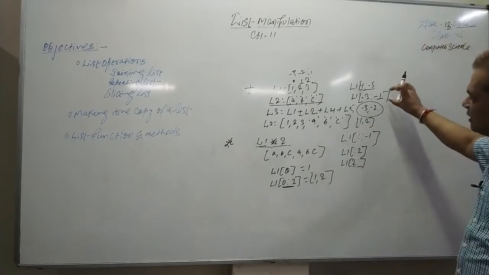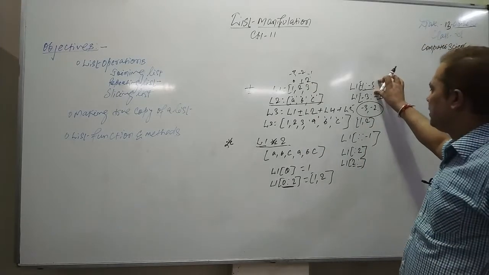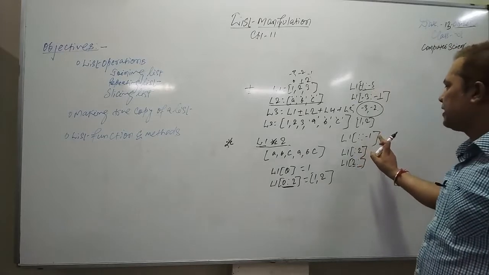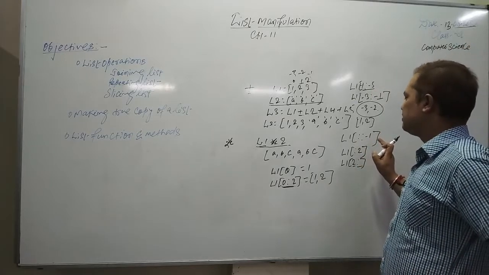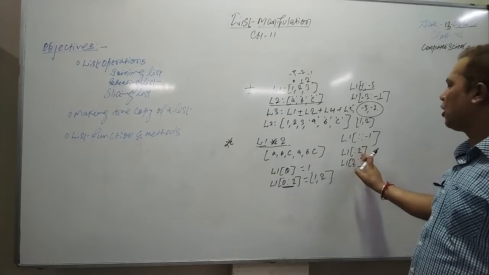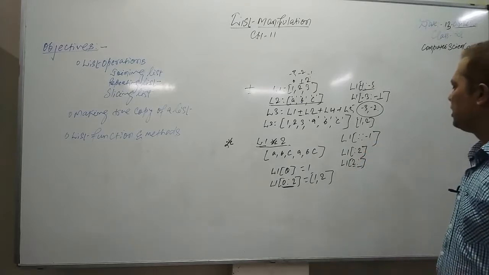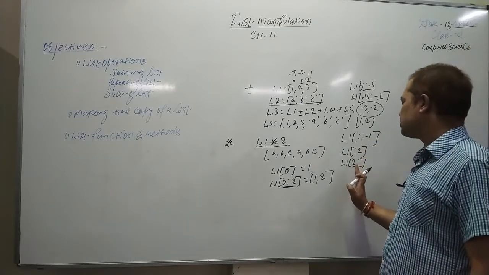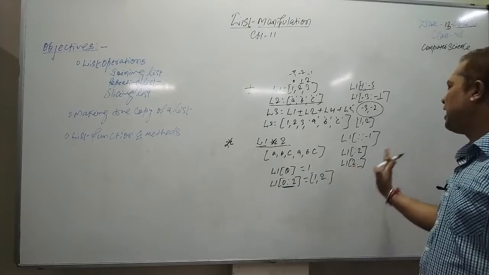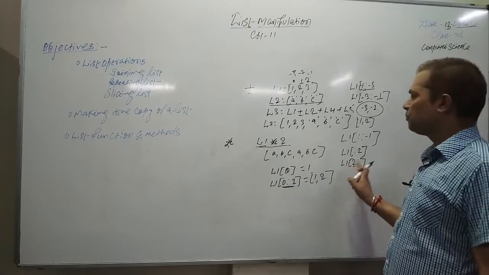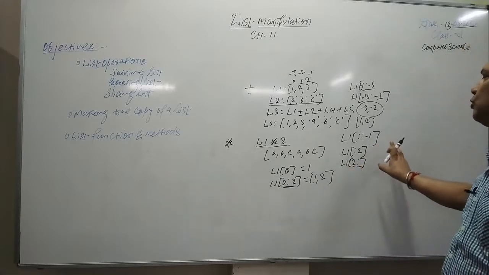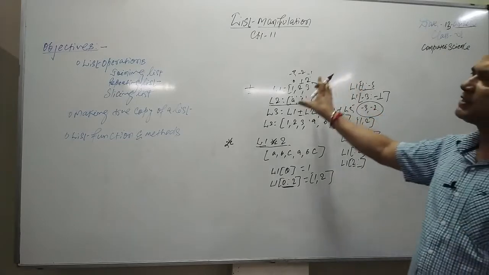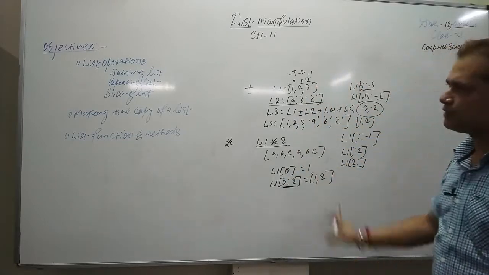So you may have a negative value, you may have a positive value. Once you are saying colon -1, it will give you the reverse of the entire string. If you're saying simply colon 2, it will give you the first two elements. If you're saying only 2 colon, it will start from the 2 and end at the last. It means from the second, it will give you all the elements. This is how slicing takes place in a list.